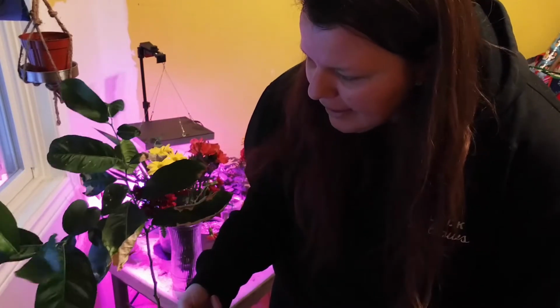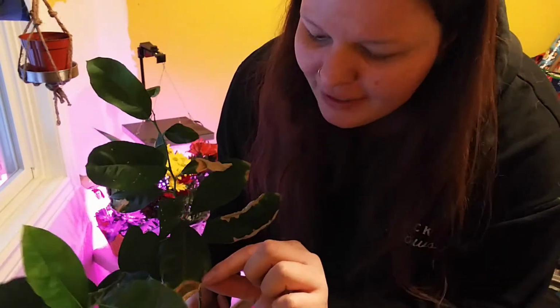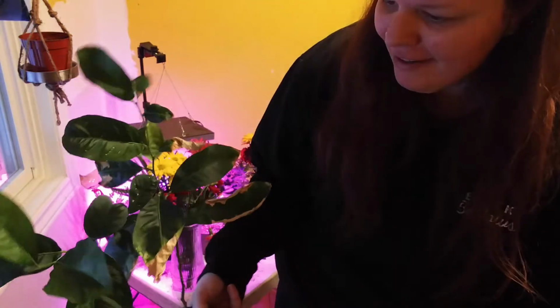So the one's in recovery a little. It did start going a little off, but it sprung back to life. Just threw in some banana peels to decompose in there, and yeah, it's popped right back up. That's what I started seeing, these kind of curly crunchy leaves, so I looked up on Pinterest what that might mean, and it said it wanted banana peel, so I bought some bananas and I threw the peels in here, and now I've got a whole new sprig over here. So that is awesome. And then I also have this one,